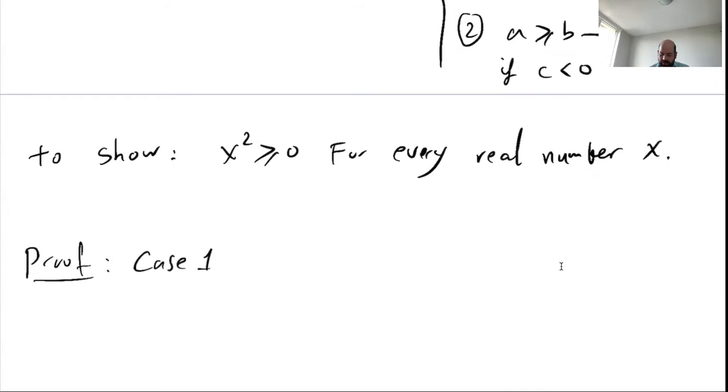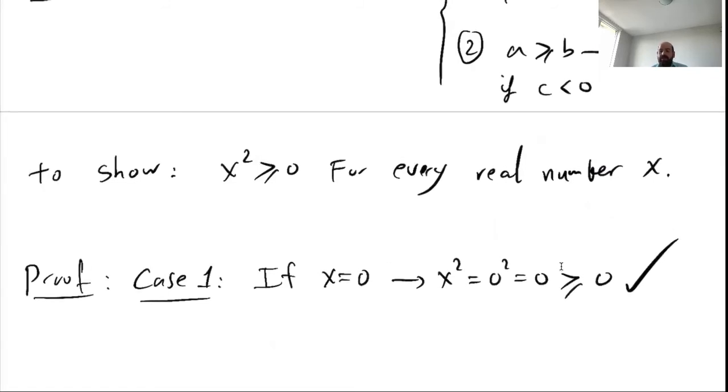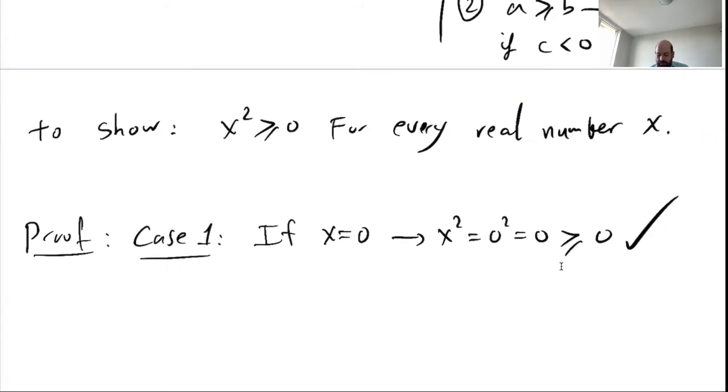Case 1, if x is equal to 0, so the easiest case is if x is 0, right? Then x squared will be 0 squared, which is 0. And 0 is bigger than or equal to 0. Remember, I want to show that x squared is bigger than or equal to 0. Well, if x squared is 0, well, 0 is bigger than or equal to 0. So we are done in this case. Case 2,